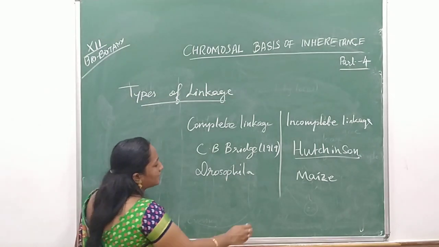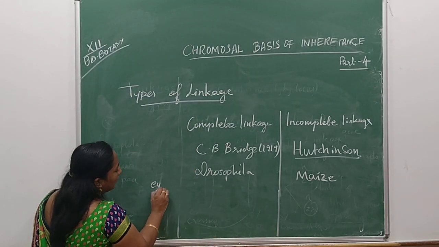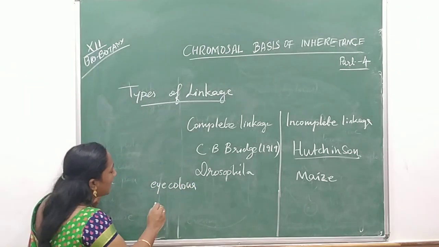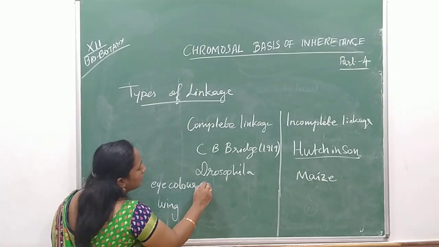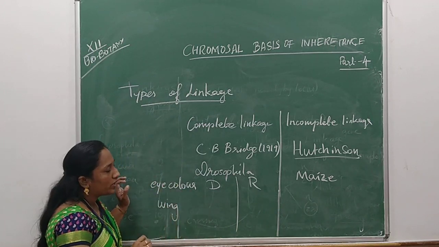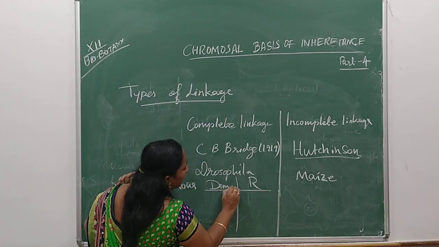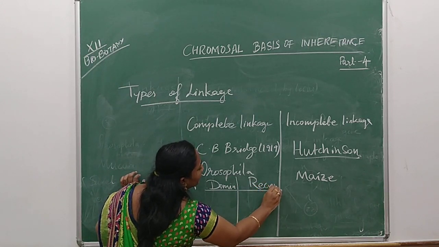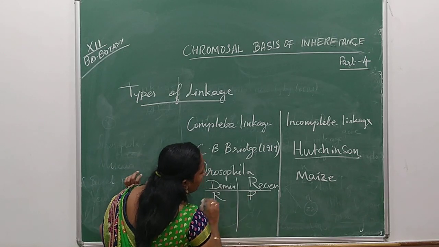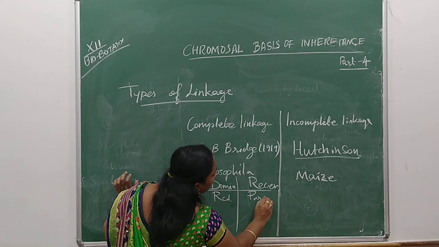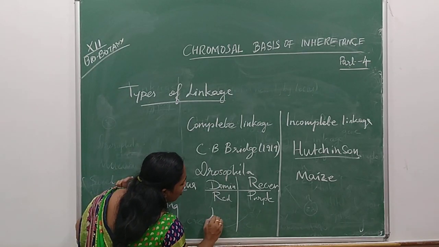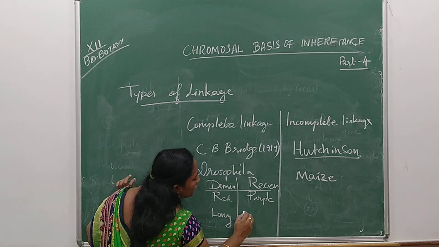So what character has he taken? He has taken eye color and wings. Characteristic feature of wings. So for that, draw a dominant character and recessive character. So in eye, what is the dominant character? This is dominant, and this is recessive. So the dominant character for eye color is red, and the recessive is purple. Red, purple. Children understood? And for wing, the dominant is long wing, and the recessive is